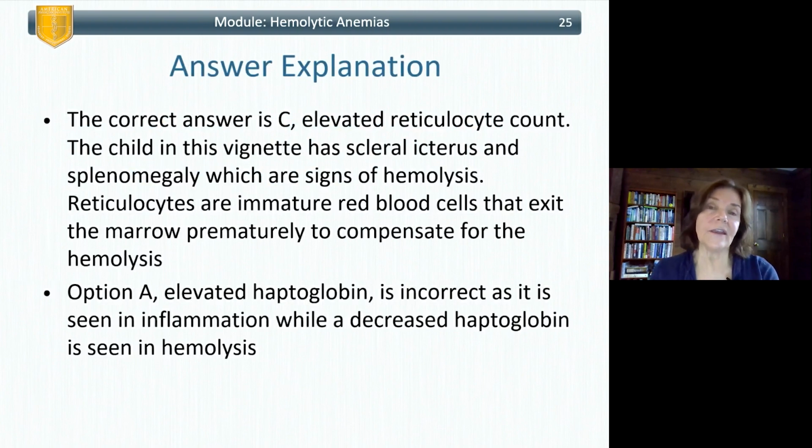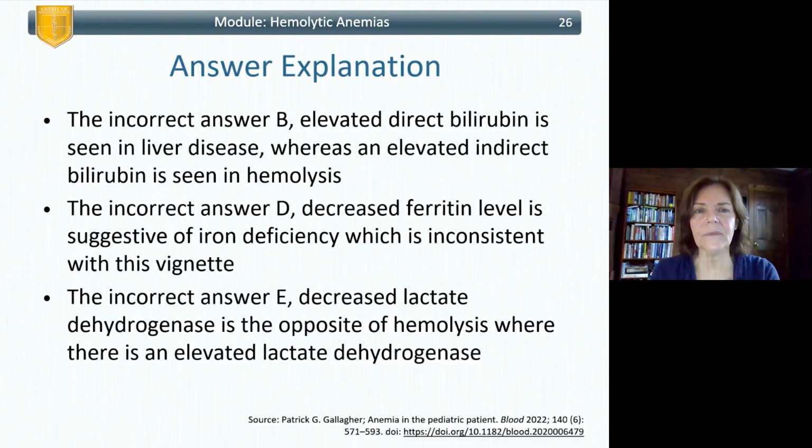The child in this vignette has scleral icterus and splenomegaly, which are signs of hemolysis. Reticulocytes are immature red cells that exit the marrow prematurely to compensate for the hemolysis. Answer A, elevated haptoglobin, is incorrect, as it is seen in inflammation, while a decreased haptoglobin is seen in hemolysis. Answer B is incorrect. Elevated direct bilirubin is seen in liver disease, whereas an elevated indirect bilirubin is seen in